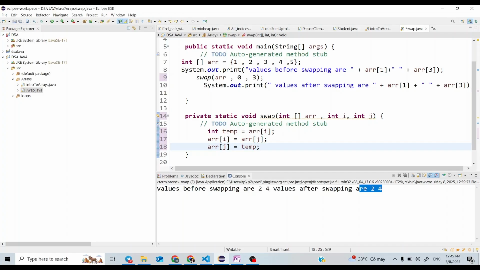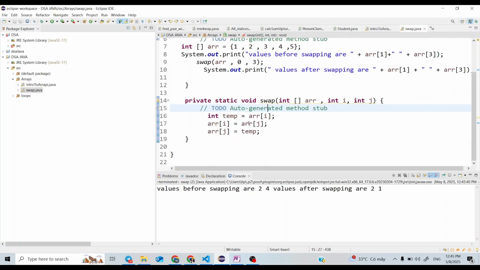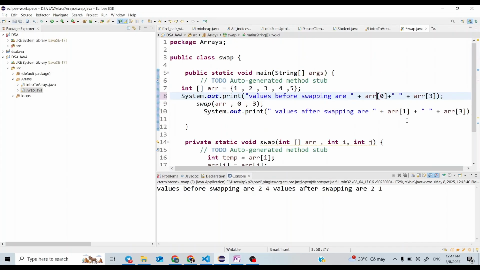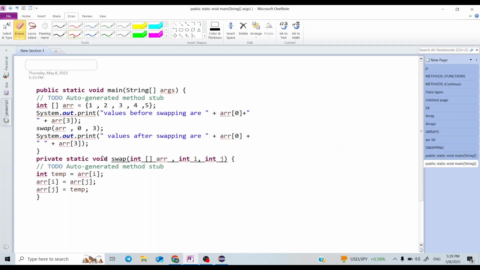Okay, so if I now run this with 0 and 3, I am now able to swap array of 0 with array of 3. So this is the working function that will be able to swap the two values of the array.